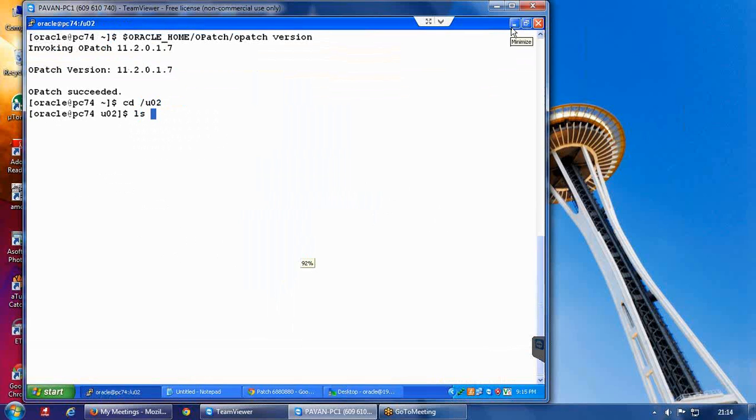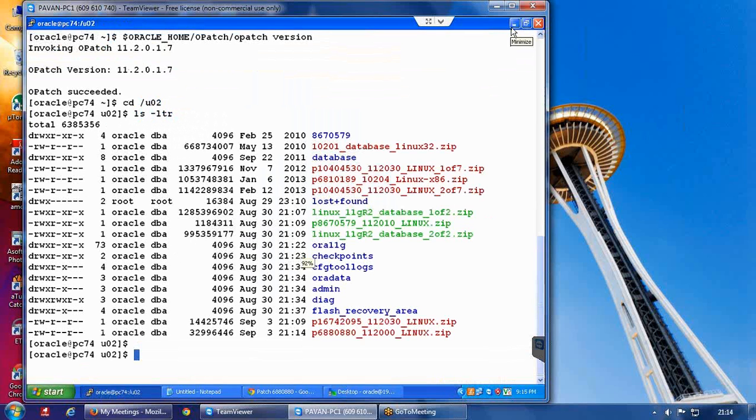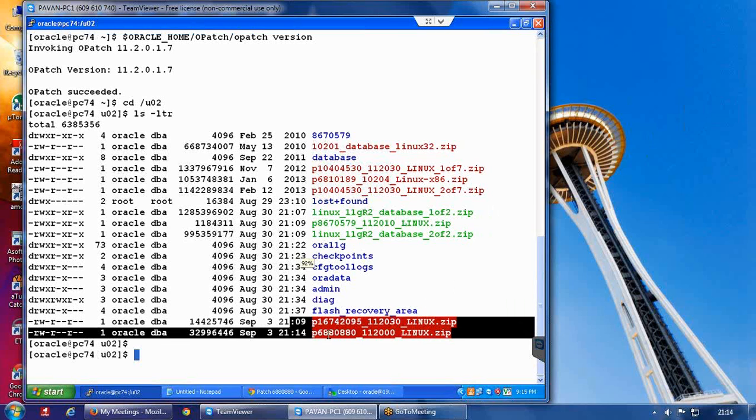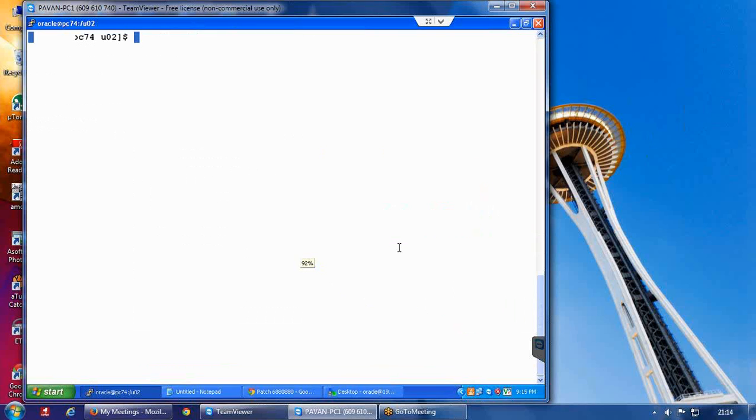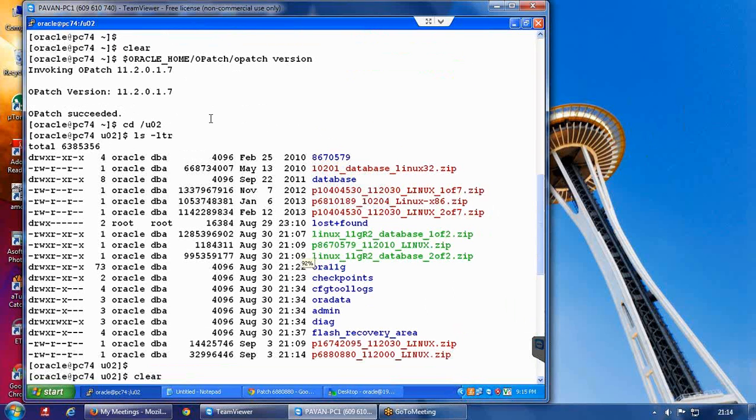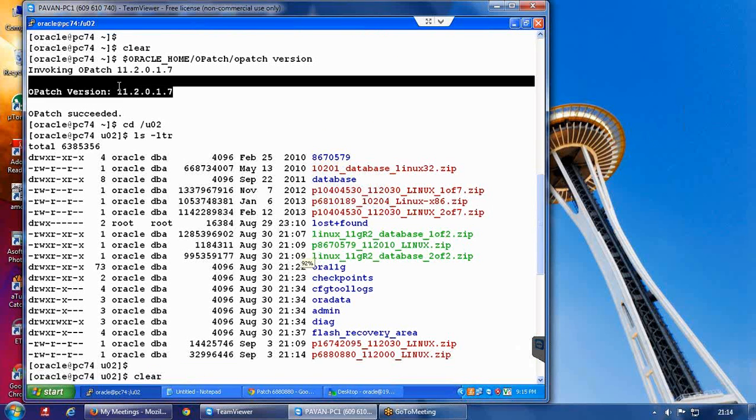So I have copied those things into the U02 location, and these are the two files that we are looking at. First, as I said, we need to change the OPatch utility version we have.